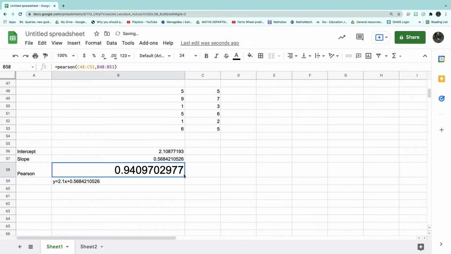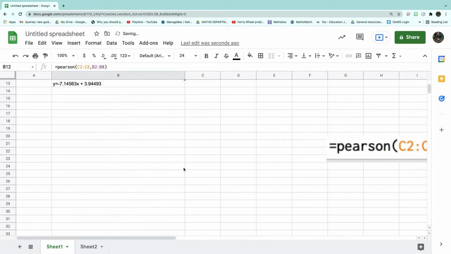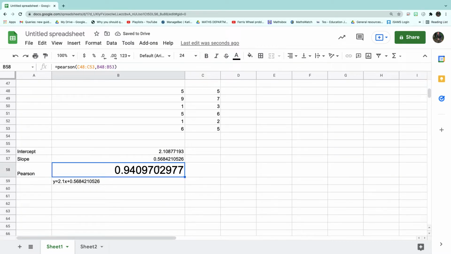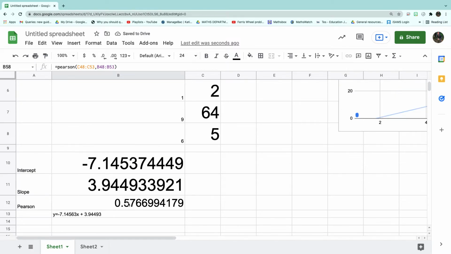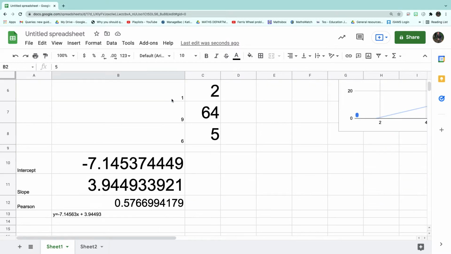Pearson is now 0.9409, and Pearson originally was 0.57. What do you notice about Pearson now? 0.94 comparatively to 0.57. It's closer to 1, so it's a better positive correlation. So the person who got the best mark in the IA last year, he got a 15